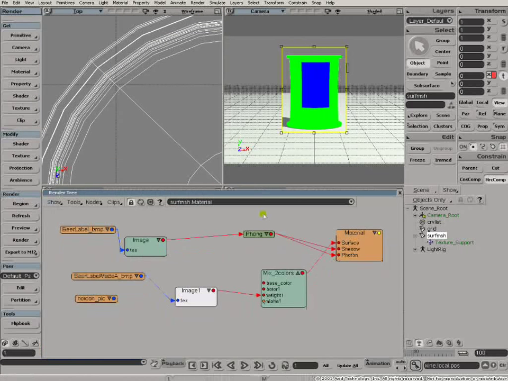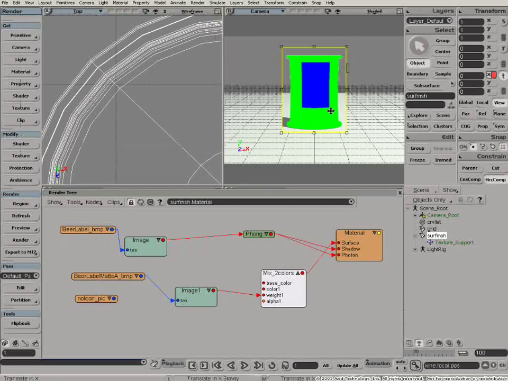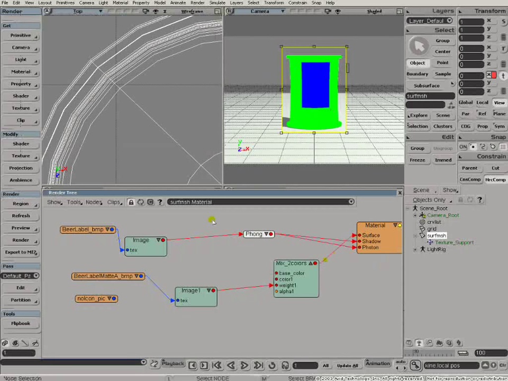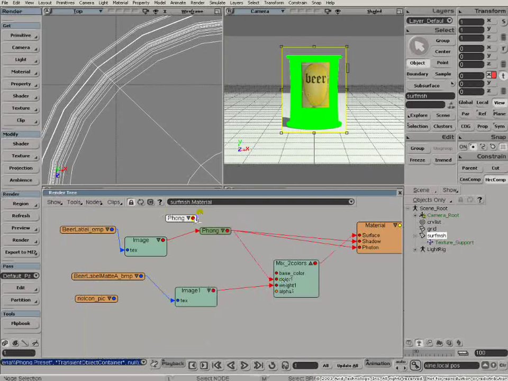So if you remember, the default colours in the Mix 2 Colours nodes are blue in the colour area and the base colour is green. And that's giving us the matte that we need to composite our shaders together. So now it's simply a case of taking the textured Phong node and plugging it into colour 1, and there you go, there's our label in the centre. And now we get a second Phong node and plug that into the base colour,